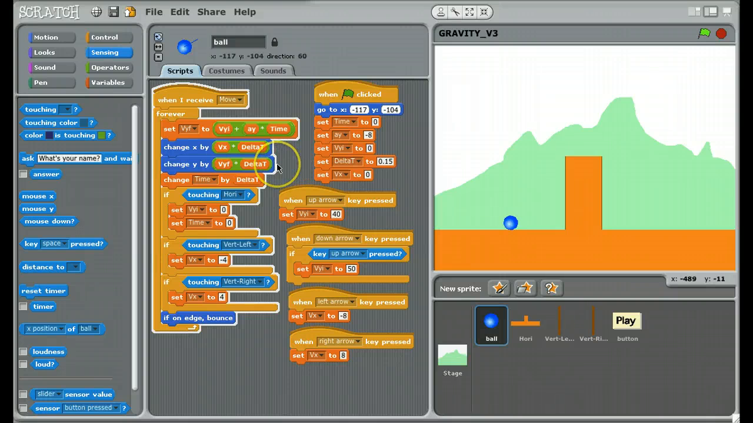Let's explain this. First, you give the initial velocity right here when the up arrow key is pressed. The initial velocity equals 40, and of course the initial time here equals 0 as well. And then it's gonna come here to calculate the V final. So V final equals V initial plus AY multiplied by the time. And the time was originally 0, right? And also it won't change if it's